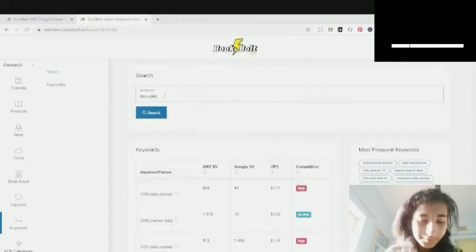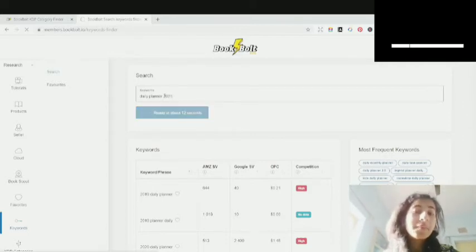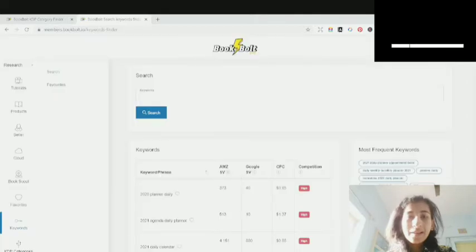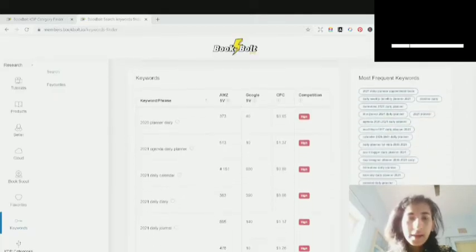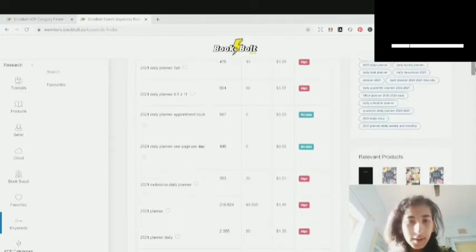So I can either go for daily planner 2021, or also for daily planner 2022, because I think people are most looking for planners 2021 and 2022, because obviously they will be buying the planners for that. You can see these are very high competition keywords. I'm not going to use them in my daily planner 2021.